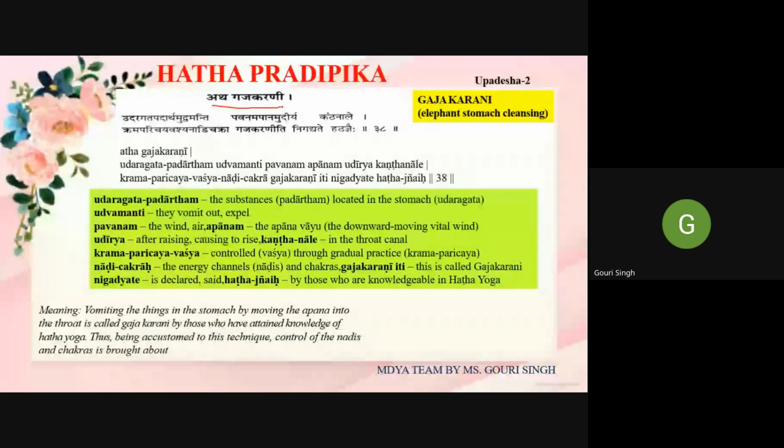If the question is what are the six Kriyas in Hatha Pradipika, you have to remember the six we just discussed. So Atha Gajakarni is said here to be a Kriya, but it does not come among the Satkriyas, because in the previous slokas he defined only till Kapalbhati. After telling something about pranayam, he is telling about Atha Gajakarni. Gajakarni means elephant stomach cleansing, and in modern days we call this Kunjal